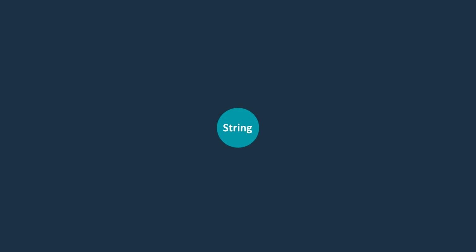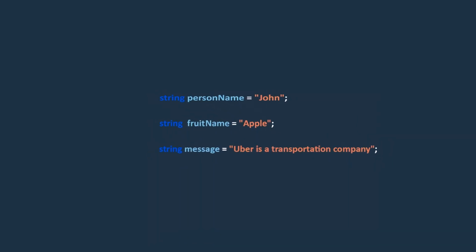In this lecture, we'll be discussing the string type, which is one of the most crucial and frequently used types in programming. And as a programmer, it's essential to have a solid understanding of strings in C#. Throughout this course, we've used strings to store names and messages, so you should be familiar with them by now. Each of these string variables is an instance or object of the string class, which holds a sequence of Unicode characters.